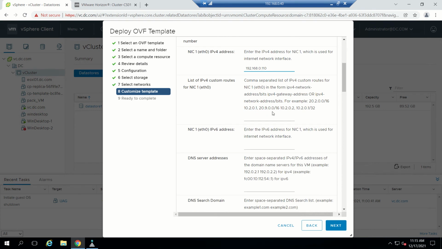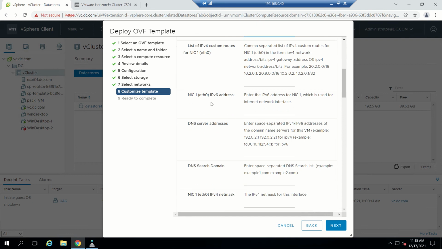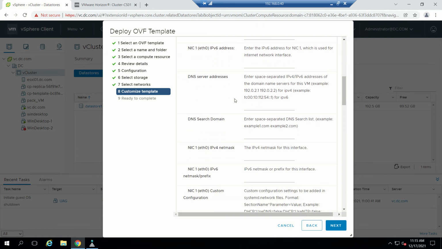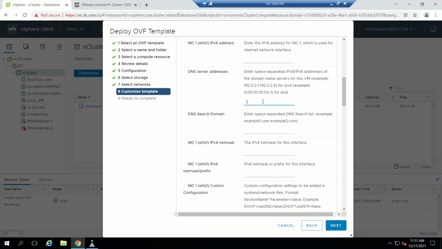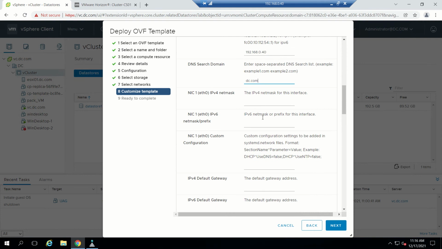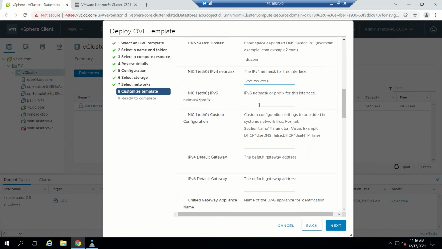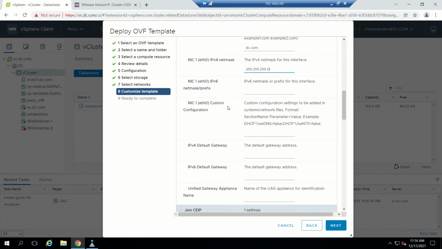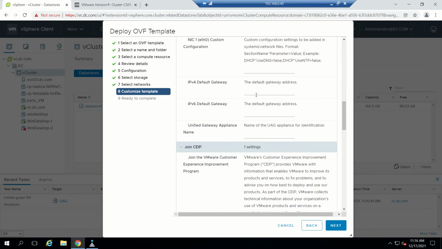this is the IPv4 IP, and there are no custom rules for it. Ignore that. NIC for IPv6, we are not using it. For DNS, we need to give the DNS server, 192.168.0.40. The DNS domain is dc.com, and the subnet mask is 255.255.255.0. There is no custom configuration for IPv4. Gateway is 192.168.0.1,